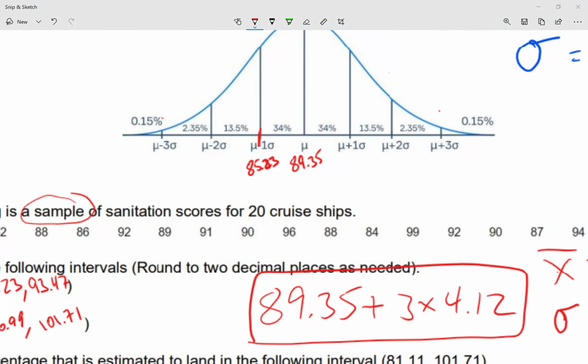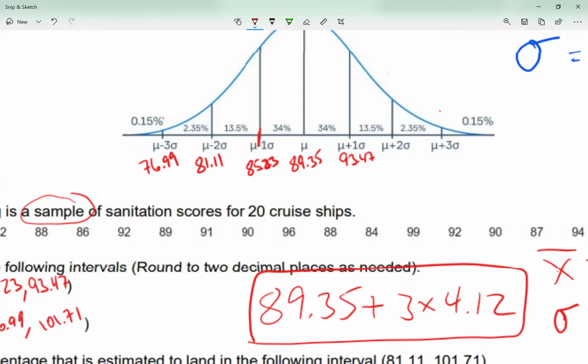Our mean, so 89.35 minus 2 times 4.12, so 2 standard deviations, I get 81.11. And then mean minus 3 standard deviations, I get 76.99. Now on the right, our mean plus 1 standard deviation, I get